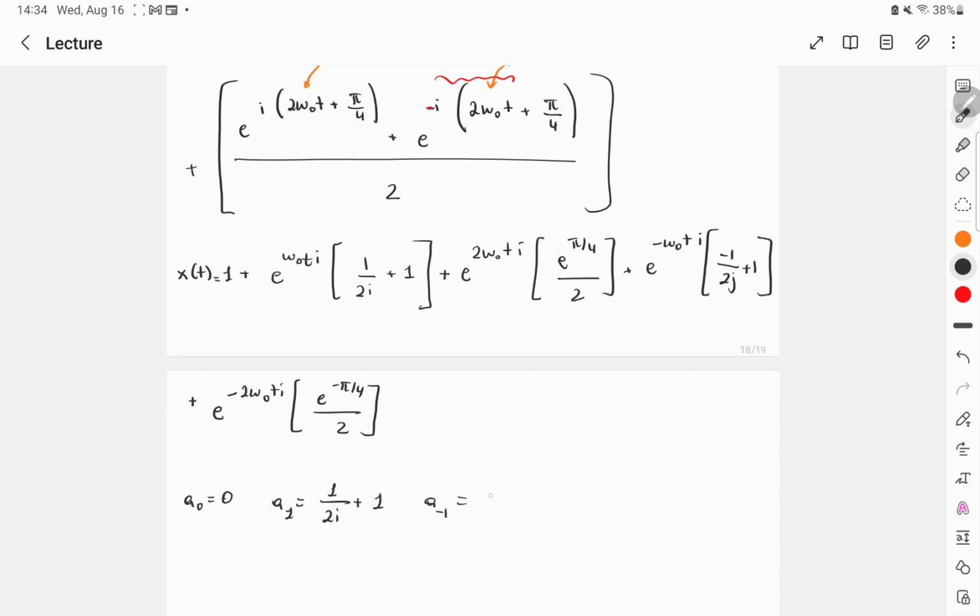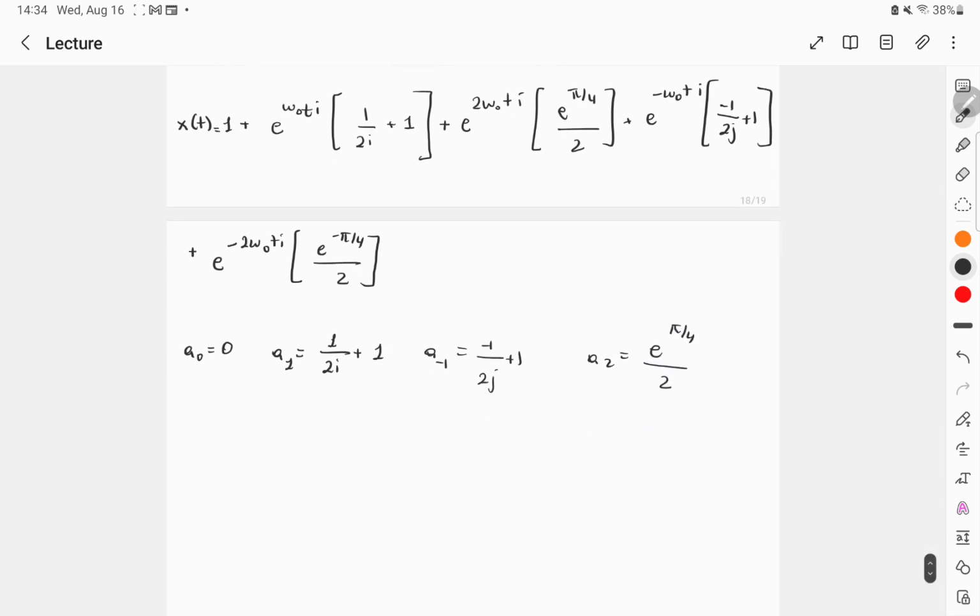A minus 1 is minus 1 over 2j plus 1, A2 is e to the power of pi over 4 over 2. E to the minus 2 equals e to the minus